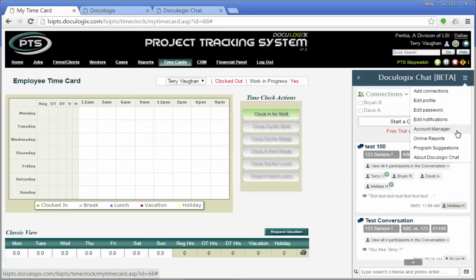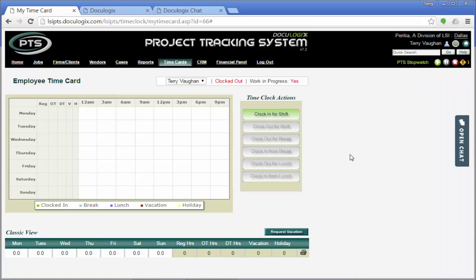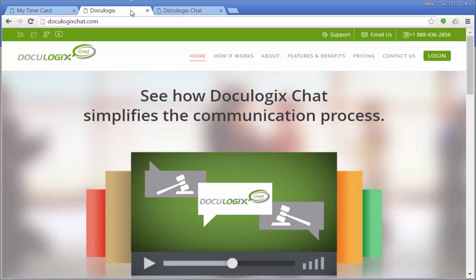So now one of the things I would like to do is show you what it looks like on a cell phone. I'm not smart enough to figure out how to get my cell phone actually up on the screen to video this, but one of the things I can do is show you when you access it via your tablet or your cell phone. Basically, you'll go into the chat